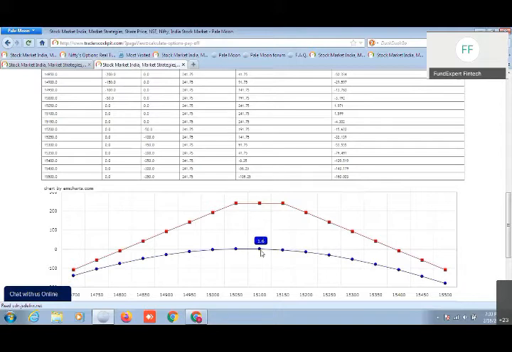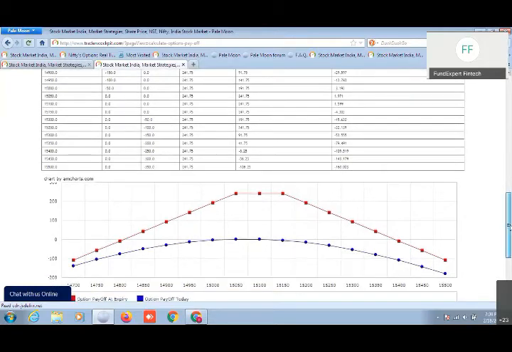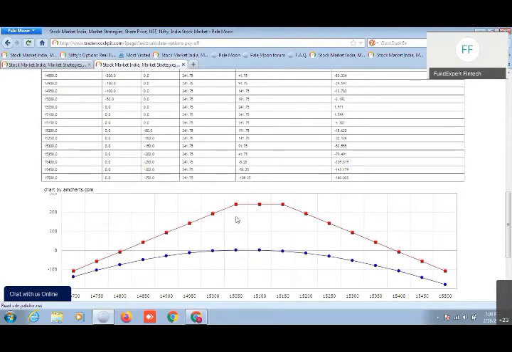Now suppose in a single day tomorrow, if the market goes 50 points up from here, or 100 points up from here, or if it goes 100 points down from here, then what can be the increase or decrease in premium, that it shows you in the blue line here. Similarly, this red line, if you see, if the market is remaining broadly between 15,050 and 15,850 rather, these 2 extreme points, break-even points, are here.